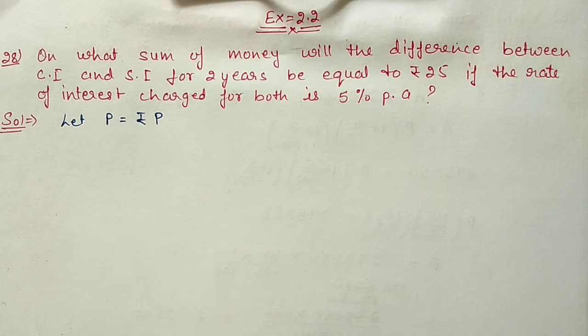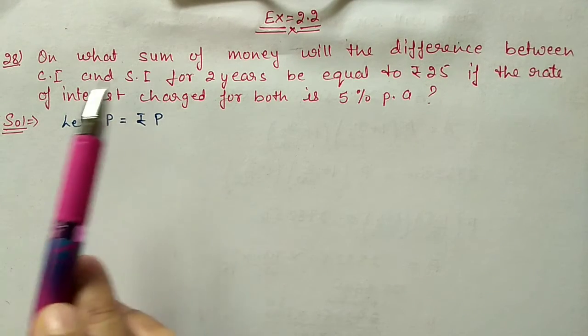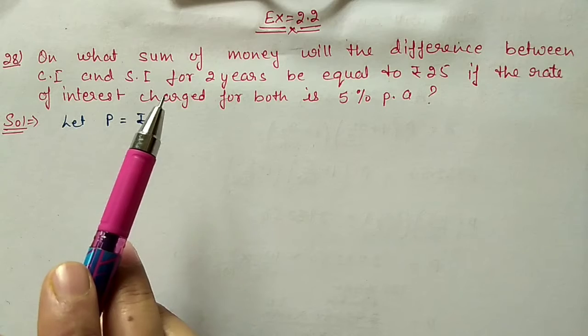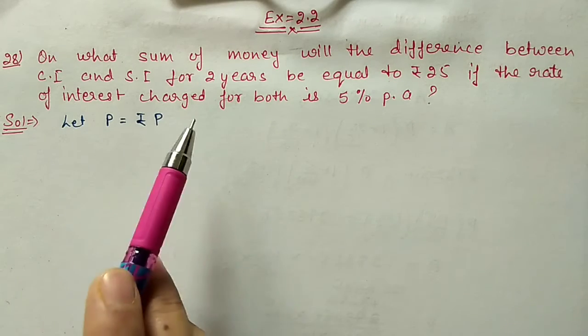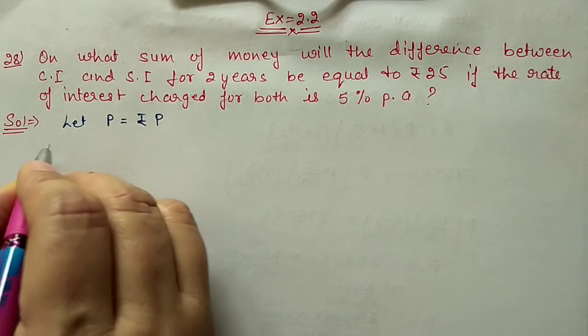On what sum of money will the difference between compound interest and simple interest for 2 years be equal to 25 rupees if the rate of interest charged for both is 5% per annum? So we have taken here, let the principal money be P. First we will calculate compound interest and simple interest for 2 years, and then we will find out the difference between them. So for simple interest,